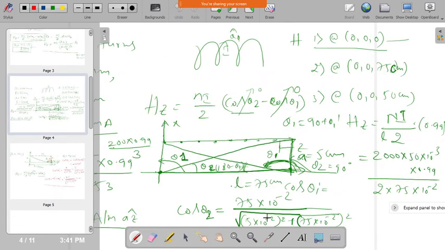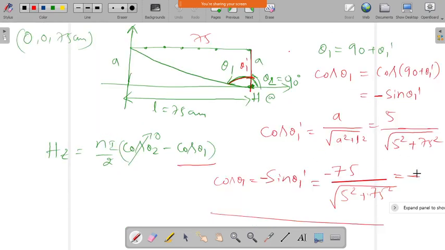So is this 75? Yes, exactly, it is same as that one. So which is nothing but the same 0.99. Okay, now if I substitute that one, so Hz will be exactly same as the earlier case, which will maybe become Hz, which is same as the earlier case. Okay, so whenever you take at this end or this end, the result will be same.